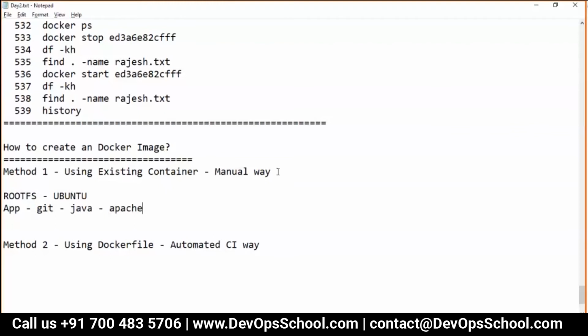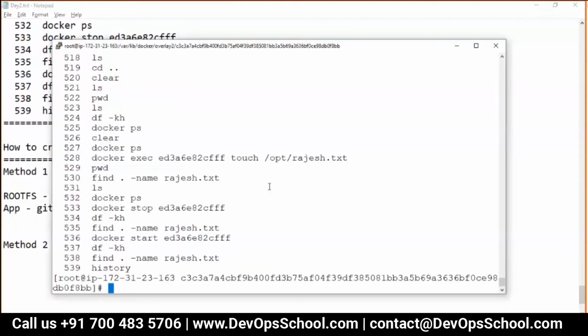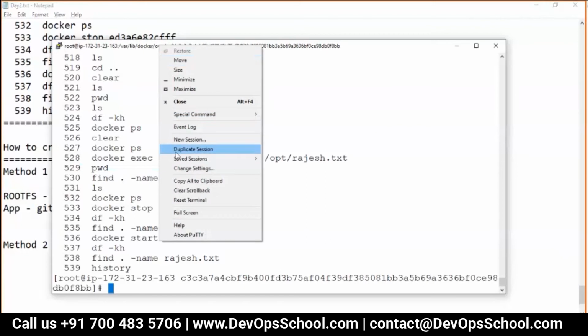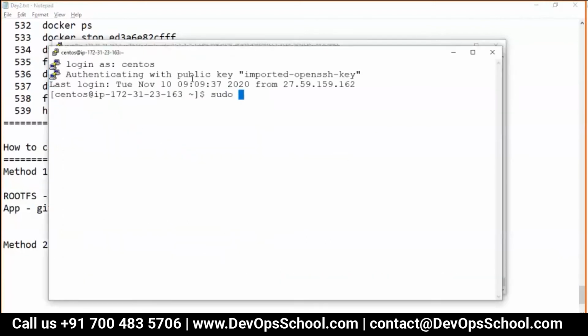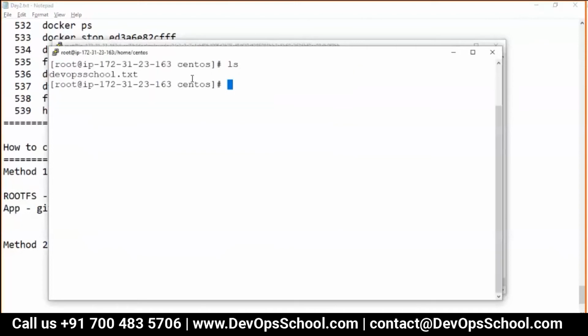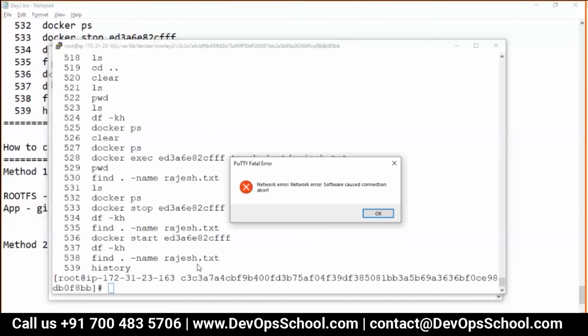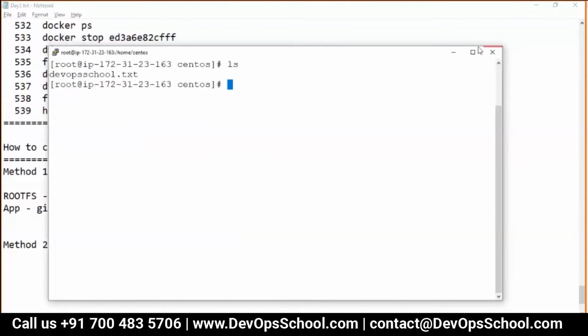So I am going to create an image. So first thing, using an existing container. The session got timed out actually, so I have to log in one more time. Here I am going to create a container from the image which is called the base image, whose root file system is Ubuntu.